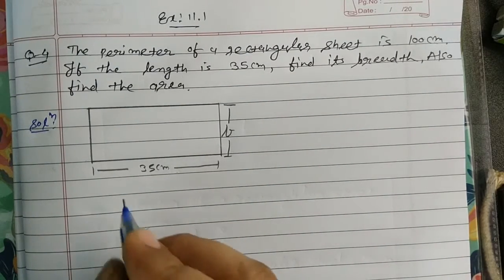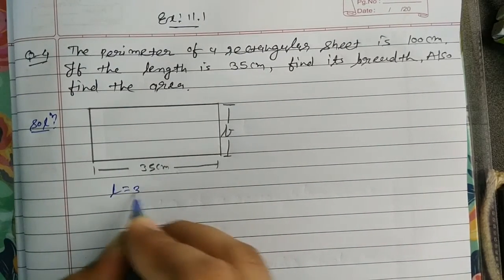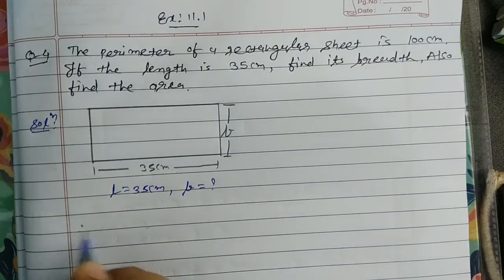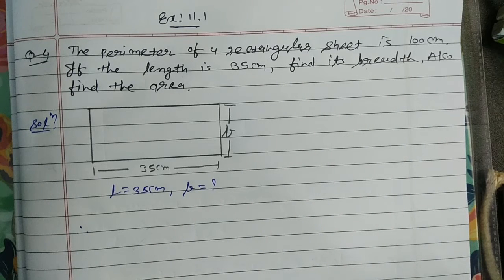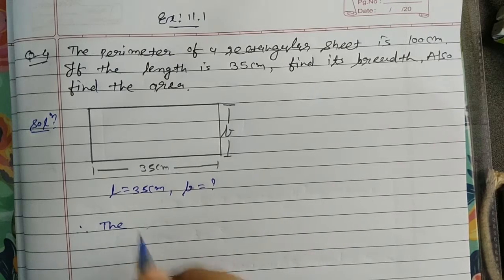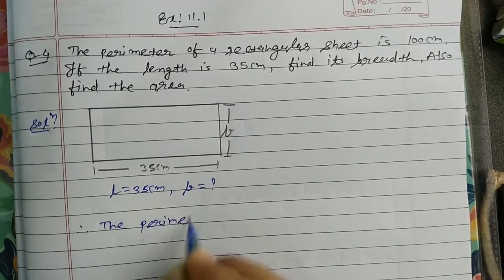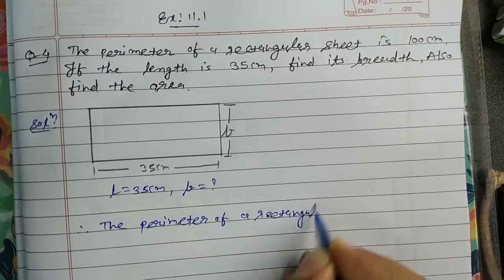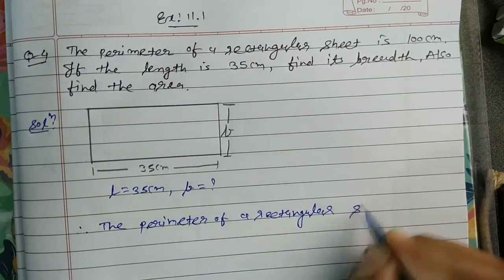Here what we have, that we will write first, that is length, that is 35 centimeter, and breadth that we have to find. Here perimeter is given and length is given, so therefore we will use the formula of a perimeter, and from that we will find breadth. So therefore the perimeter of a rectangular sheet,